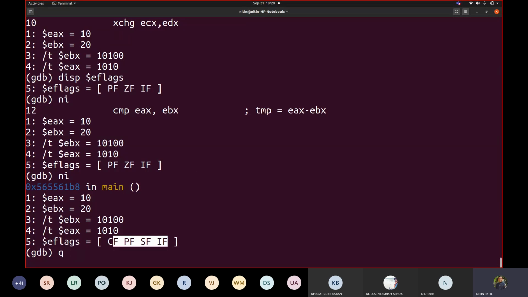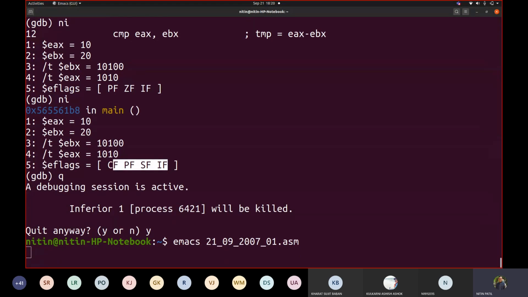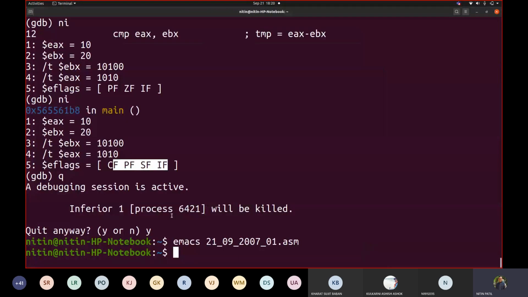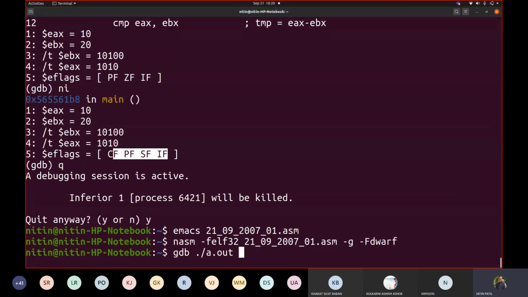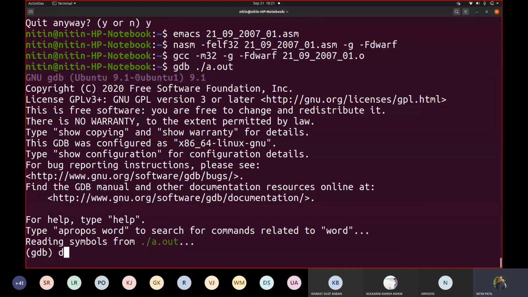Now if, for example, let us do this. Suppose I am talking about binary, bubble sort only. Now what if both my values are the same? The result after subtraction would be what? 0. Because if I subtract both, 10 minus 10 would be 0.